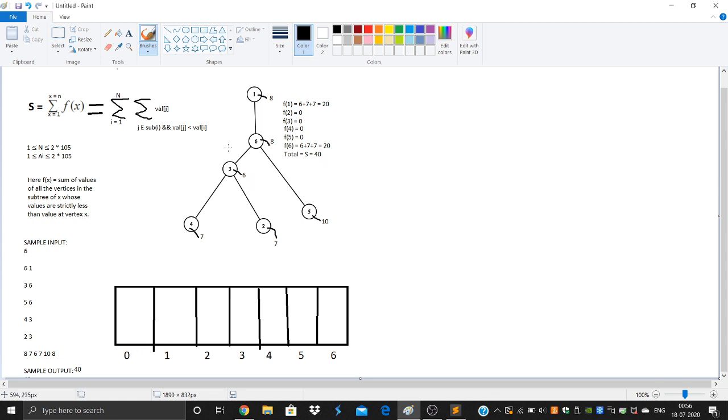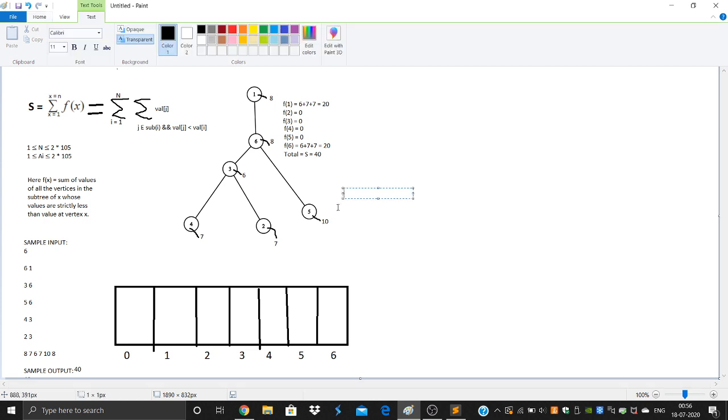But in this approach we are performing a DFS n times for the n vertices, and the complexity of DFS would be O of n again. So n times we do something that has O of n time complexity, so that would come out to be big O of n square, and O of n square is not feasible in this question